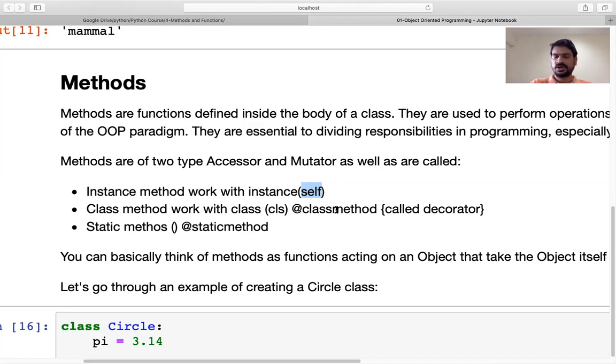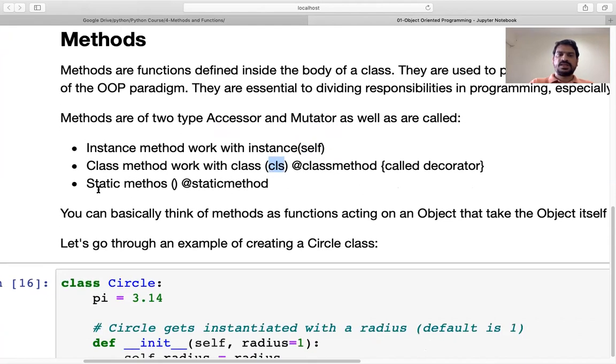We have a class method also, which is created with a decorator. Here we use the attribute cls. Here the attribute is self, which is called an instance method. A class method will use cls. Then we have static methods, and whatever attribute we want to give, that is a static method.